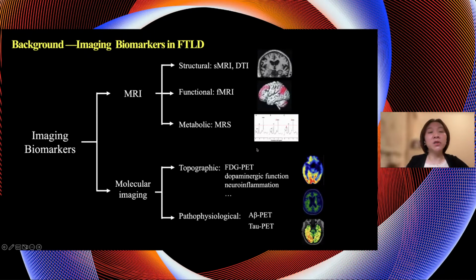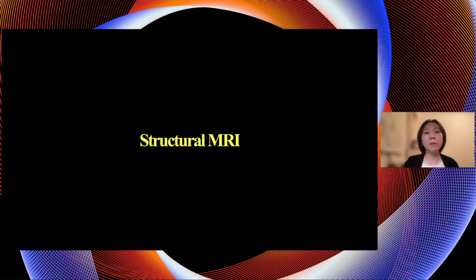There are a lot of imaging studies tracking familial FTLD families to see what happens in the brain before symptom onset. This is what we will talk about in today's talk. The neuroimaging we applied in familial FTLD includes MRI and also the molecular imaging we mentioned. The MRIs we divided into structural, functional, and metabolic subgroups. We'll talk about them later. We'll first talk about the structural